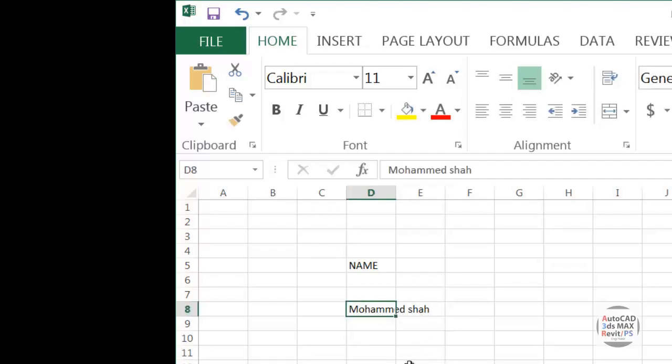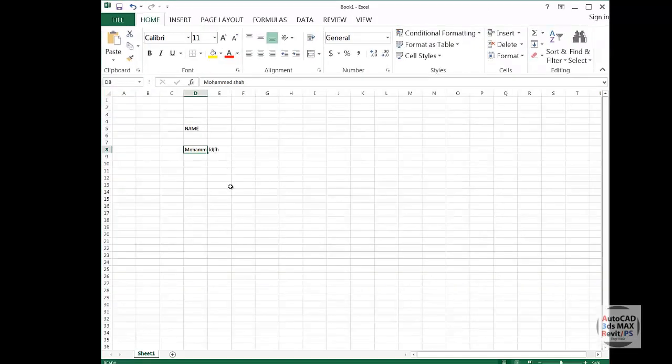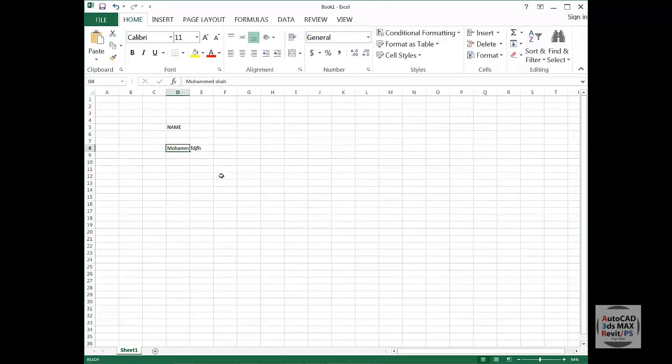Now you will feel as if it has gone and intersected with another cell, but actually it is not, because if I am here and if I use the tab key, I go into a different cell, and if I write something here, that goes off. Now what I want to explain here is that you feel as if the two words are intersecting with each other, but practically they are not, they are in different cells. So now how do you rectify it?